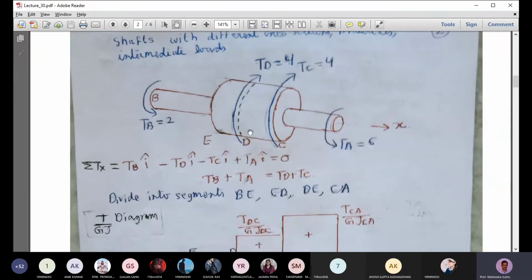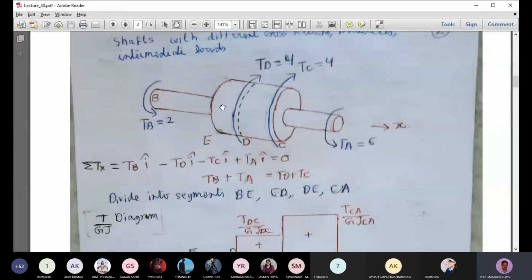So if you look carefully, it is just like that axial load problem, which is composed of prismatic components and also intermediate loads. So we have to divide this problem into multiple segments. So how many segments do we need? So between this point and this point, the twisting moment will be uniform. So we have one segment, and from E to D, again the twisting moment will be the same, but the area of cross section has changed. So we need another segment here, ED, and from D to C, the twisting moment is the same and the area of cross section as well. So we'll have another segment here.